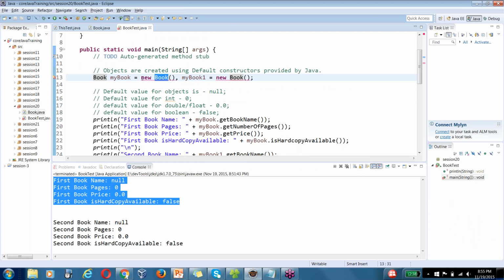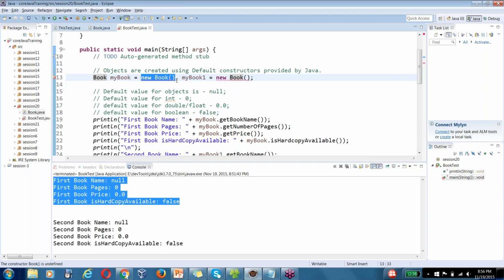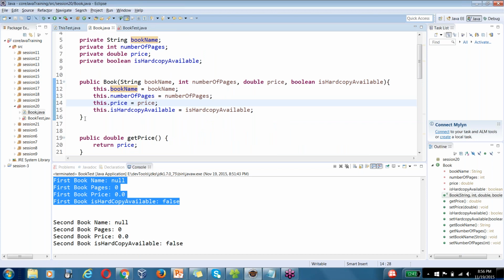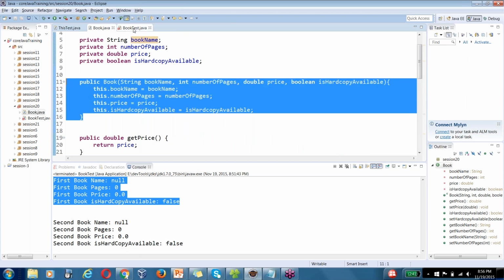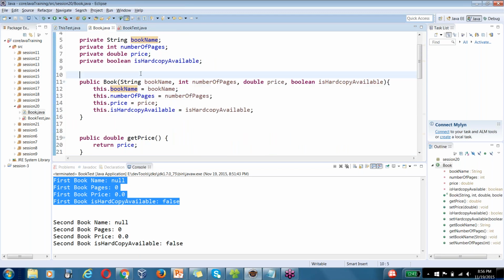So now we are not able to use the default constructor here. It is showing an error, because as soon as a user defines a particular constructor, any constructor, even a default constructor, the default constructor provided by Java is no longer valid. If nothing is defined, the default constructor is provided to us by Java. But we can make it like this,